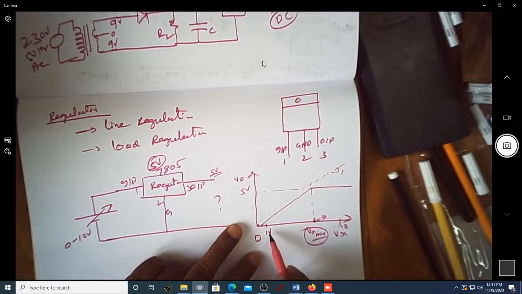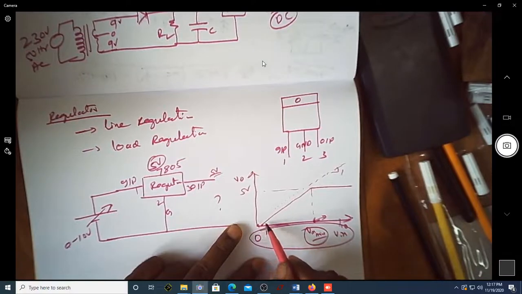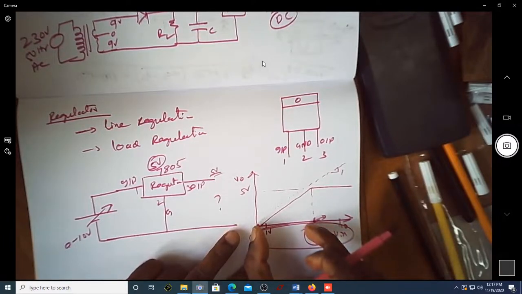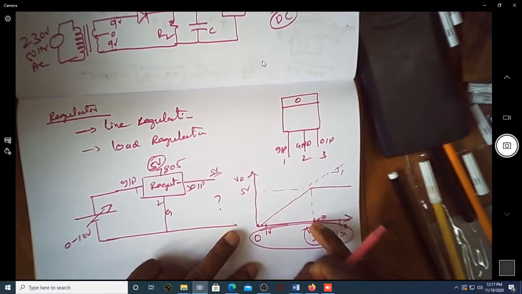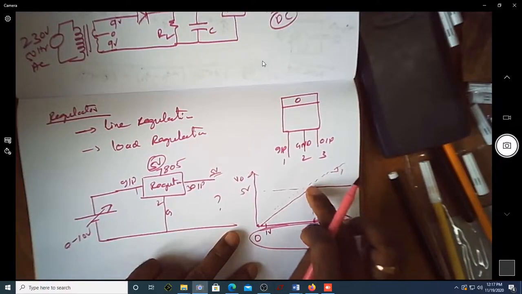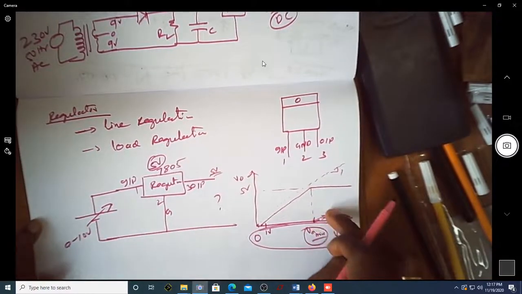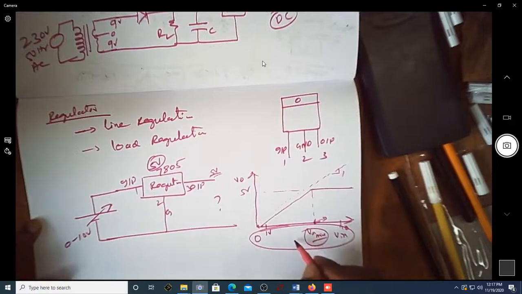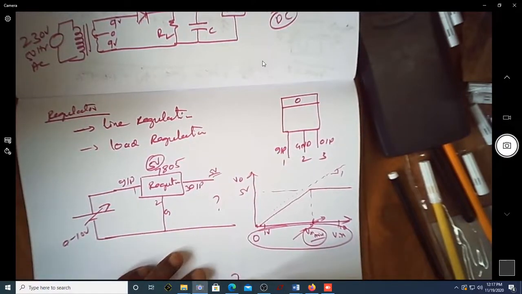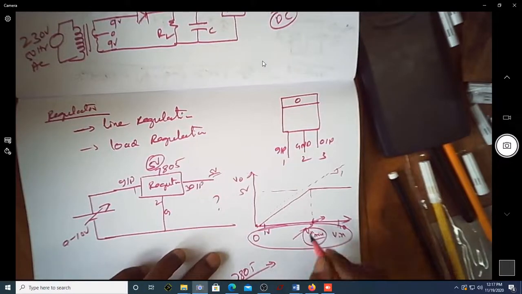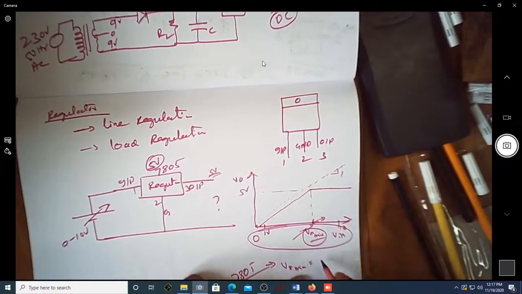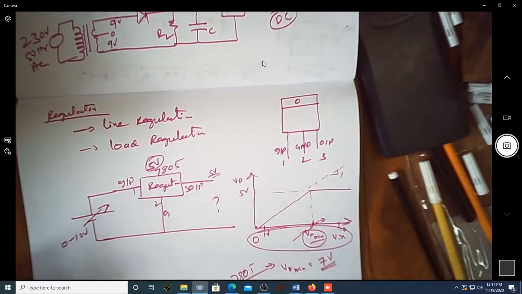Can you see now? As the input voltage is varied from 0 to some maximum value, till some point the output voltage is not constant because you have not crossed that minimum voltage. Once you cross that minimum voltage required to regulate it, from then onwards it is regulated. The output voltage is now constant after a certain voltage. This minimum voltage will be specified in the data sheets. For 7805, that minimum voltage, V in minimum, for getting a constant 5 volt is 7 volt, which is specified in the data sheet.